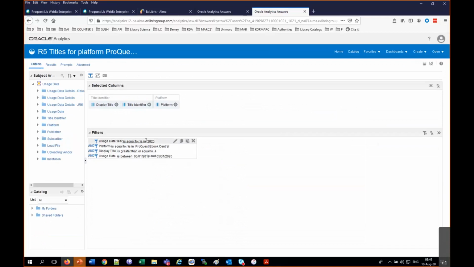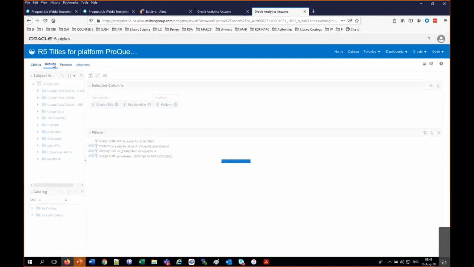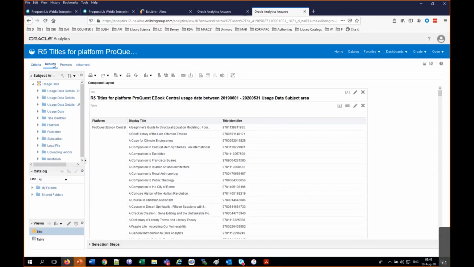Just to show the difference. So now I'm in the usage data. Usage data, we said, will have more or equal than the e-inventory subject area. Because there's a match in the e-inventory subject area. It would take, just as an example, a companion to Euripides, and here it will show every title that was ever an accounting report. In the e-inventory subject area, it will only show those which were an accounting report and